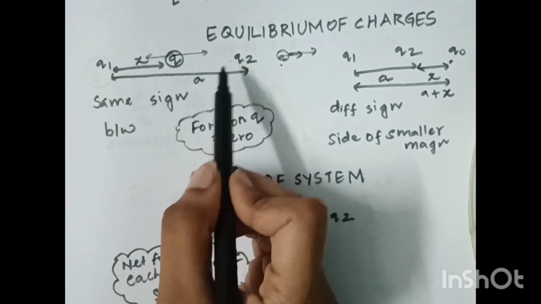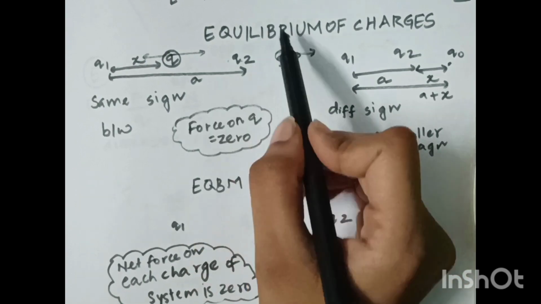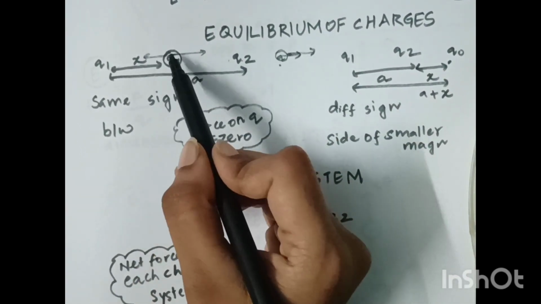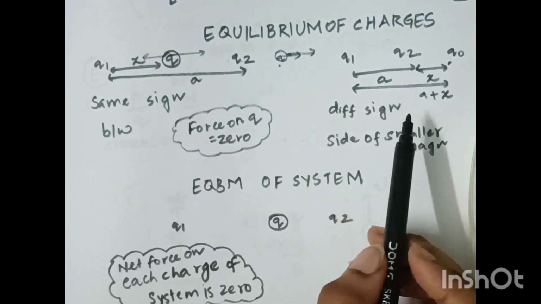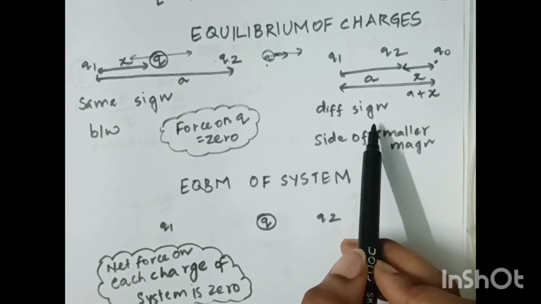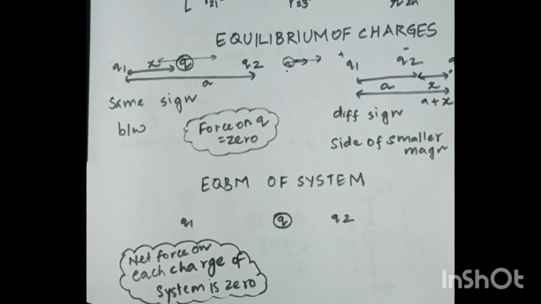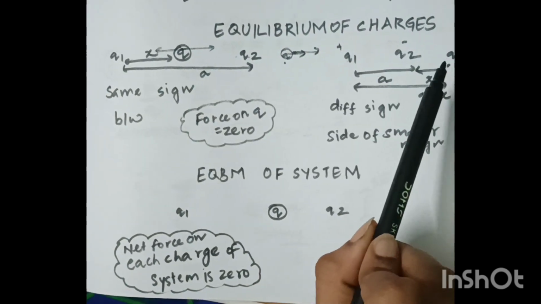If they are with the same sign, then you have to keep the charge between them. Here we have studied about the equilibrium of charge. On this Q, the force should be 0. Now let us take if they are of different sign. If they are of different sign, the charge should be placed on the side of the